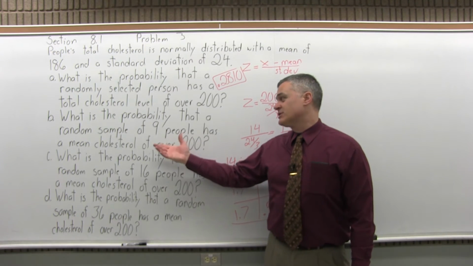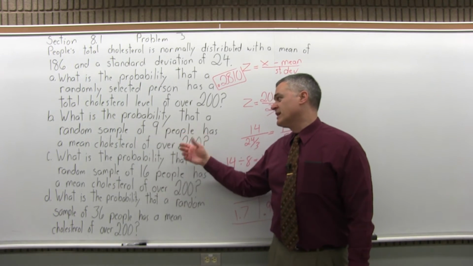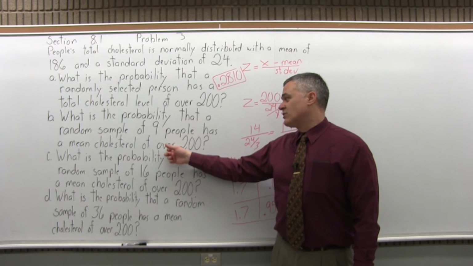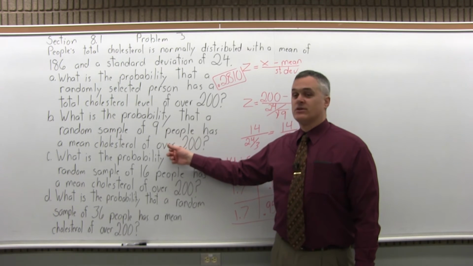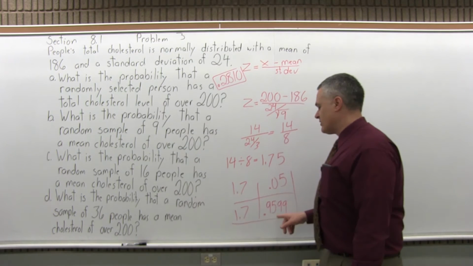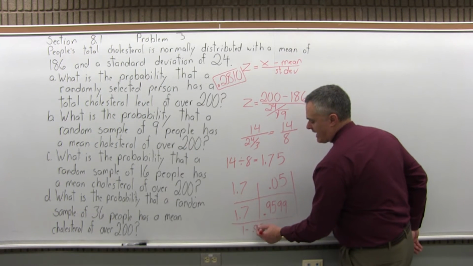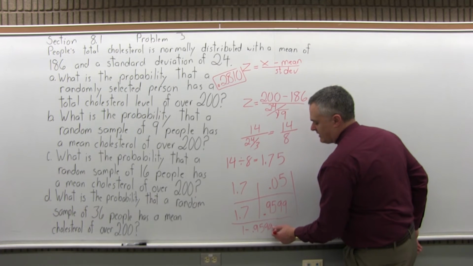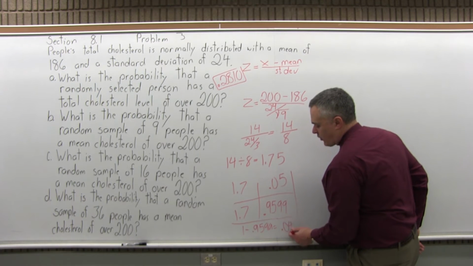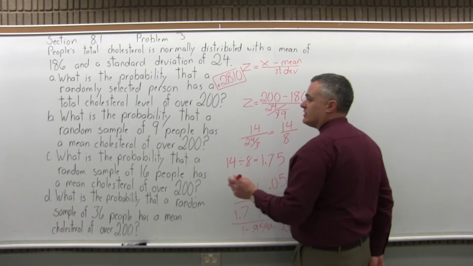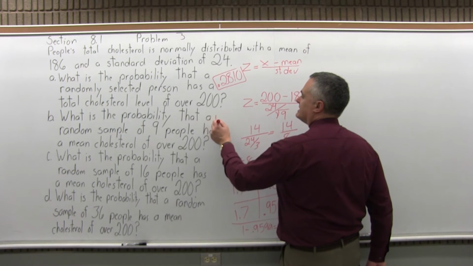The question essentially says, what's the probability that the average of 9 people has a mean cholesterol of greater than 200, over 200, greater than 200. So I have to do 1 minus the chart value. 1 minus 0.9599 is 0.0401. So the answer to part B is